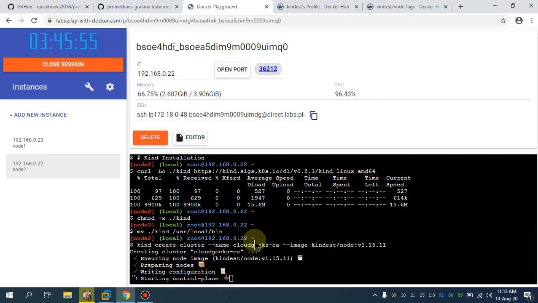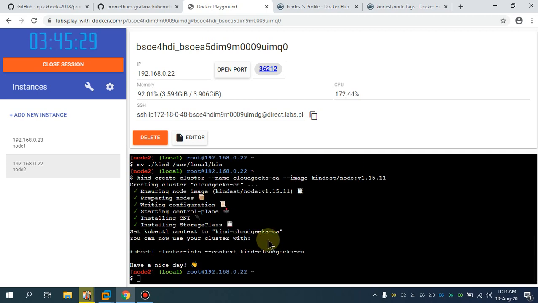So as I told you, the network speed is so high, and you are using the free compute resources which are already available on the internet, and you are spinning up a Kubernetes cluster of your requirement and just doing testing, whatever you want to test. So I'm going to spin up